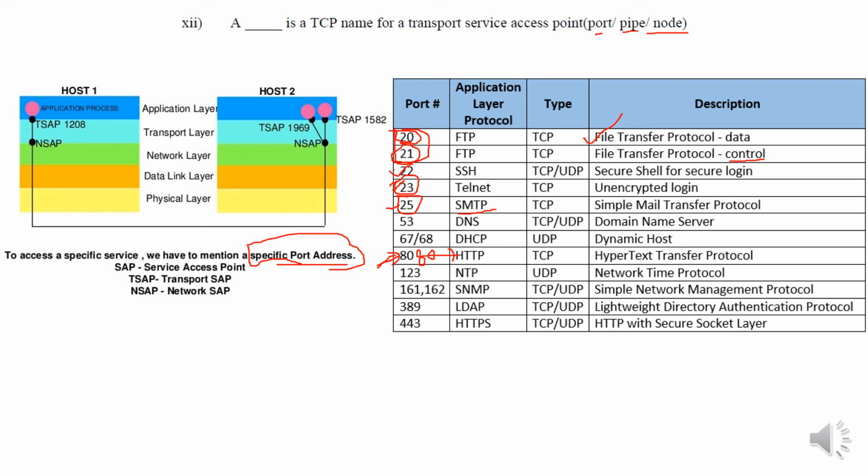So this is HTTP. And another we should know is HTTPS, that is 443, that is secured HTTP with secure socket layer. In case of HTTP, your data, username, password, all those travel unencrypted. In case of HTTPS, the data are encrypted. So these are some of the ports or port IDs, or we can say port addresses, that are used for different services, or can be used as this access point. So the answer is basically port.